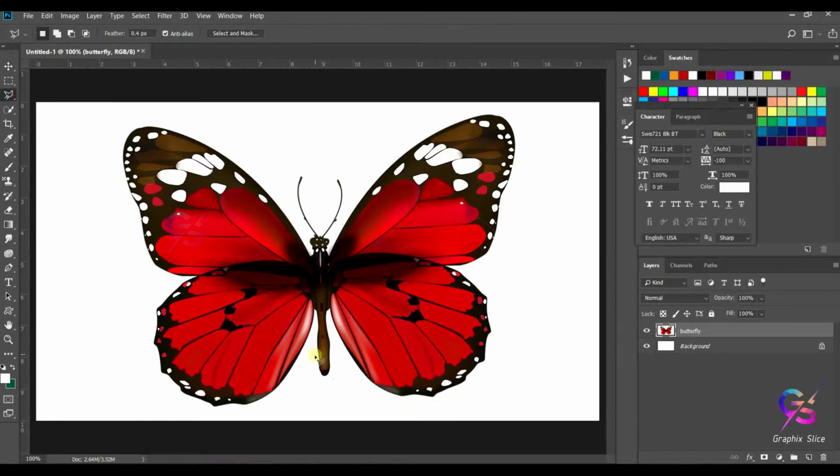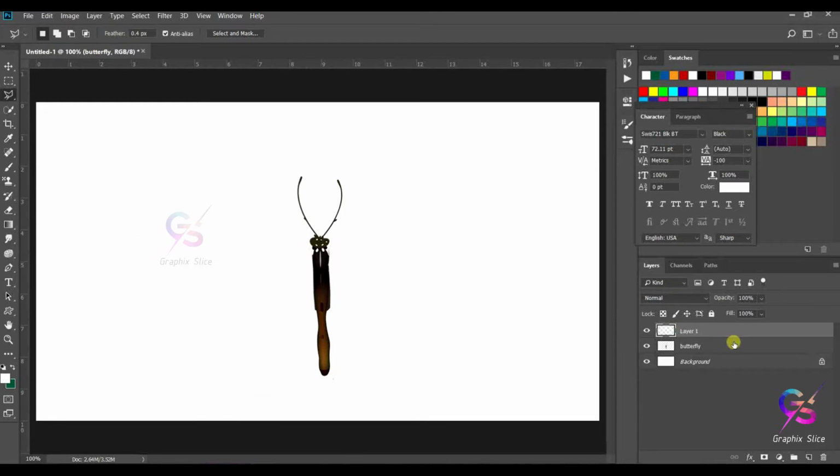So now I'm going to crop the wings of the butterfly by using the polygon lasso selection tool. With the help of the polygon lasso selection tool, select the first wing and hold the Ctrl key to select another one. So we selected both. Then I'm going to copy it from the original layer. So better cut and paste. Okay, Ctrl X and Ctrl V.